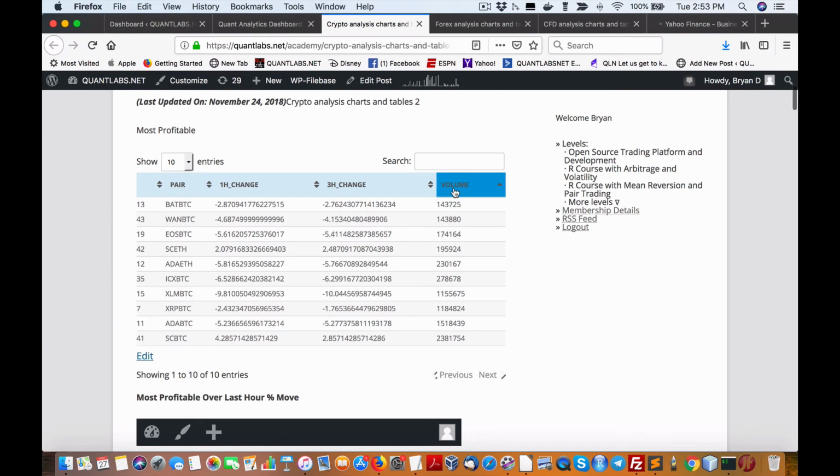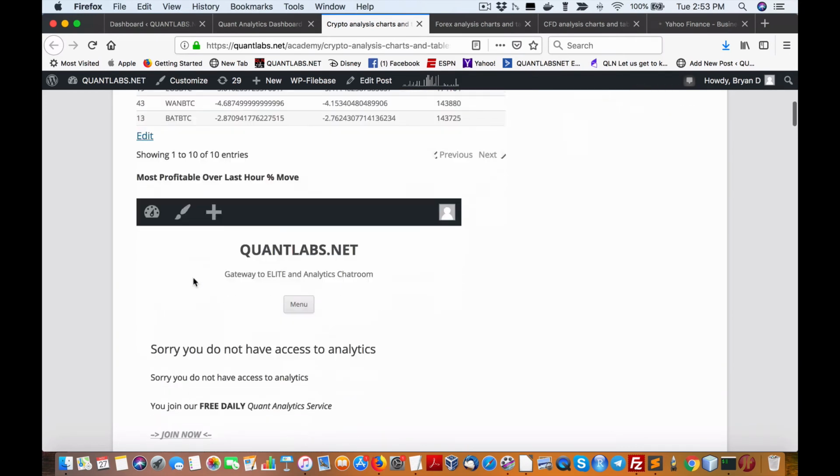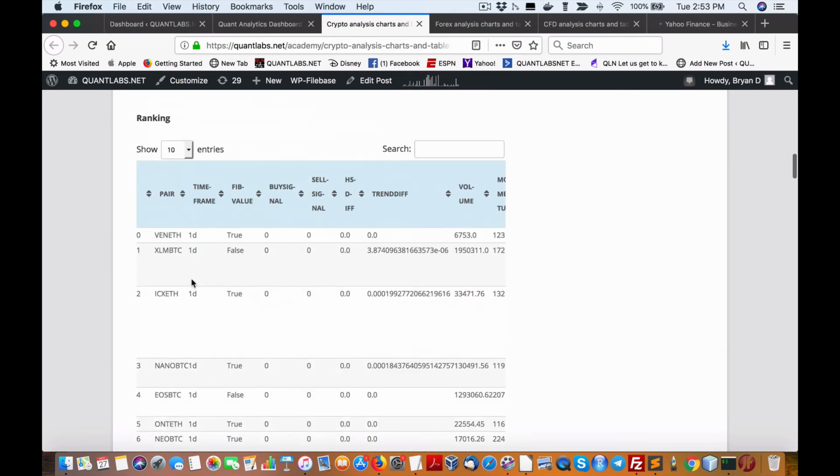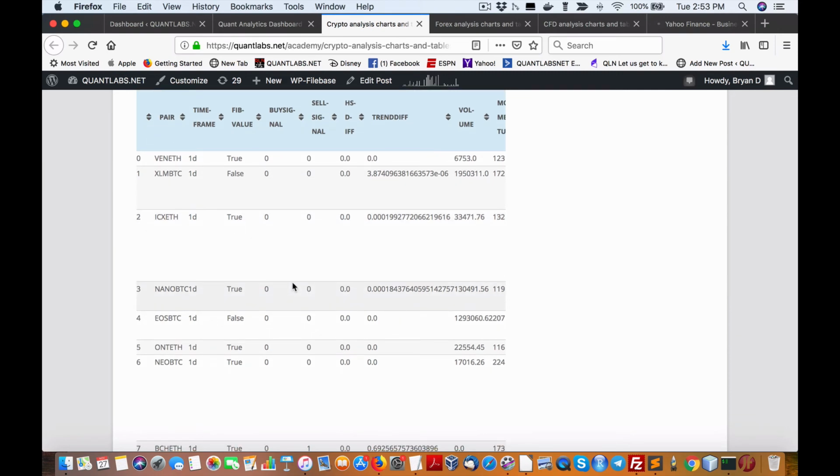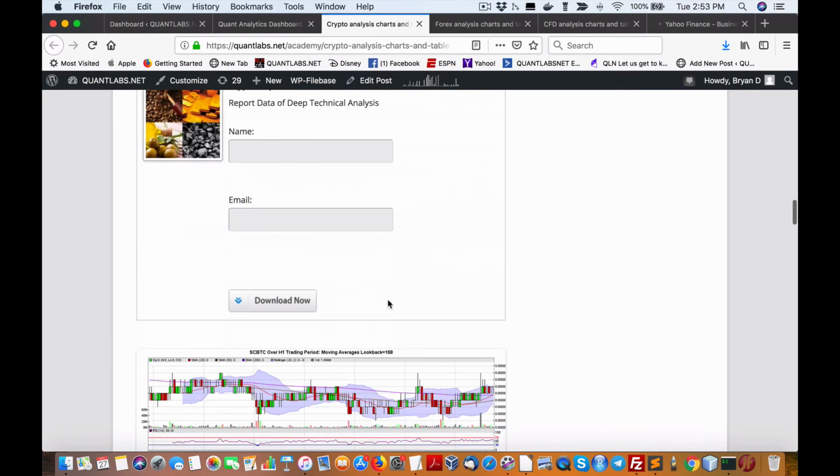Let me just check on the volume here. This is too volatile, that's too volatile. I'm not a big fan of this, not a big fan of this. But I'll tell you, crypto changes so fast. Let's see what